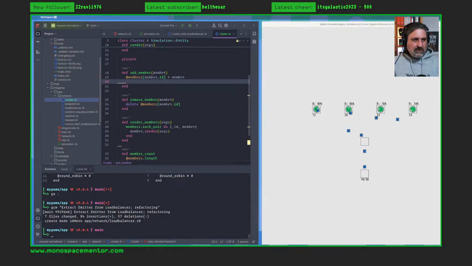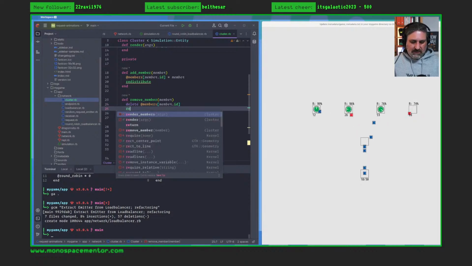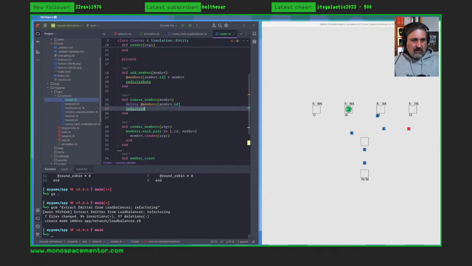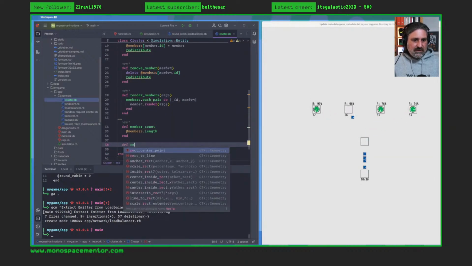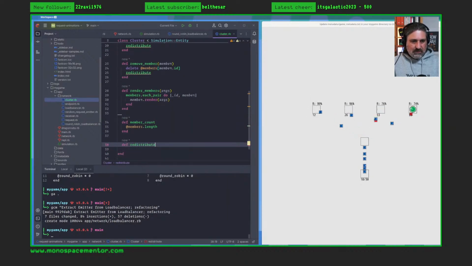We'll call a redistribute method here and here. Distribute. And what redistribute does, distribute is,